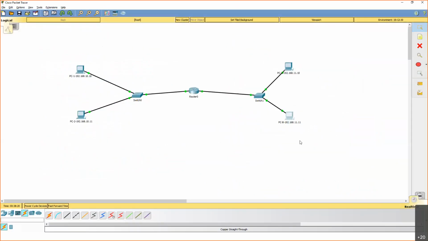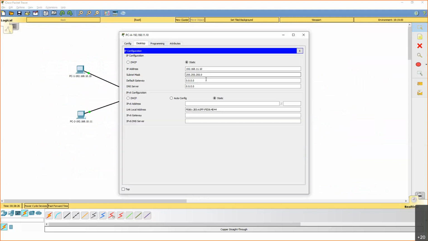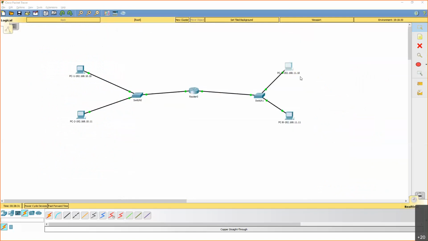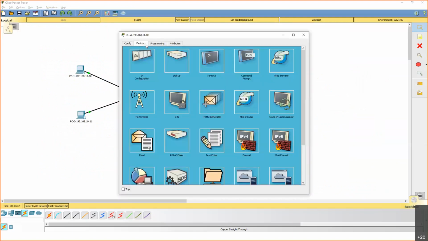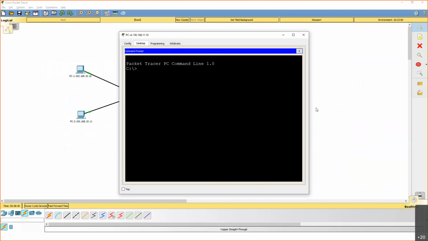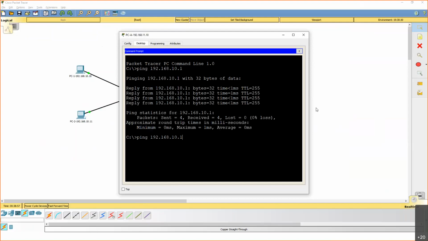So anyway, let's first go and fix this. IP configuration, default gateway, done. This is my default gateway. So, desktop, ping 192.168.10.1. Yes, I can go out, but I still cannot ping 10. Okay, because the gateway